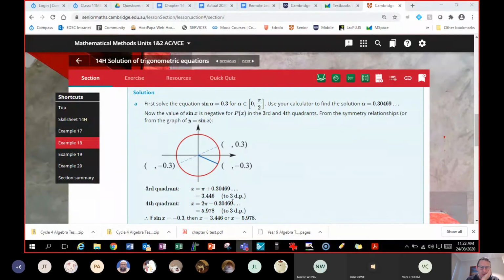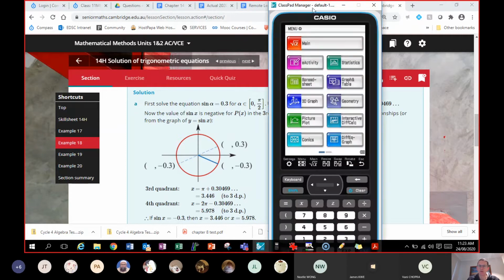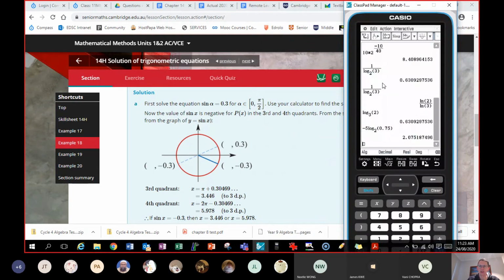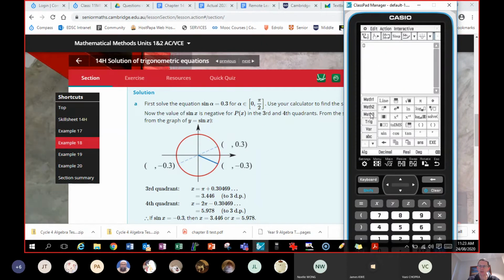We've got to use our calculator there to help us get pretty much what that is, and we can find out what the values of the solution are. So sine theta is 0.3. You'd use your CAS on that one, right? So you do inverse sine 0.3. When my CAS wants to come up. There it is. So main, clear all. I'm just going to bring up my keyboard, trig,